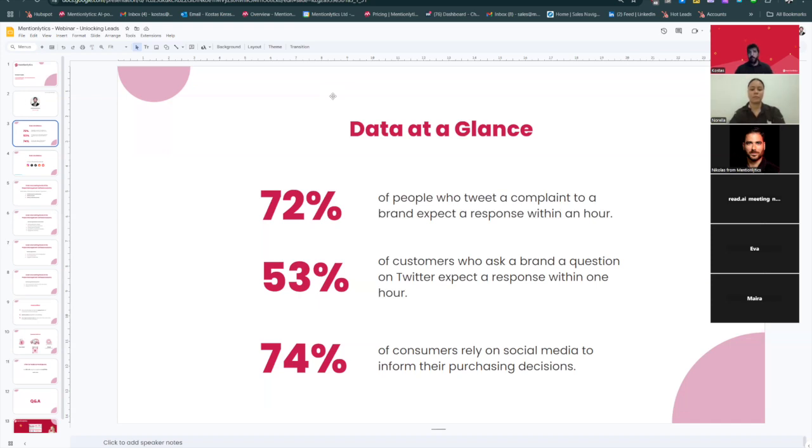So we need to have a presence there, but the consumers and the customers in the end, they're going to go to social media, gather some feedback, and then before they make a purchase, they want to make sure that they have all the information available before they make the right decision. So they're going to post a lot. They're going to ask strangers for recommendations. They're going to express their disappointment in the current solutions that they have.